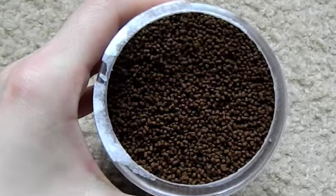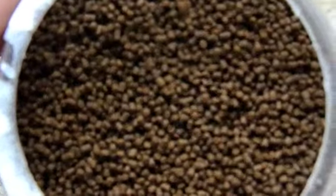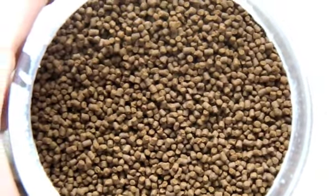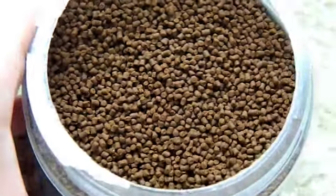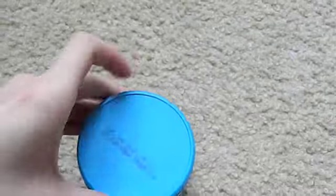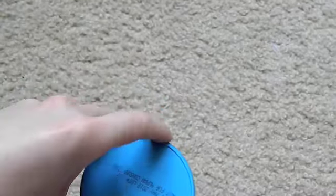They are about this size, a little bit smaller than the Saki Hikari pellets. So yeah. And then lastly, the third ingredient that I usually mix together as a staple food is also by New Life Spectrum, but it's actually made for community fish. I got this one first before I got any other food,